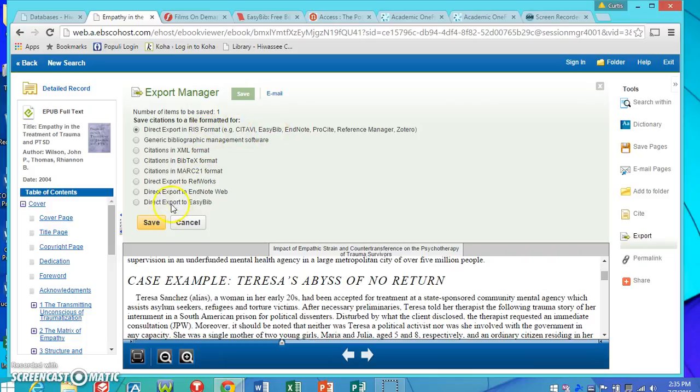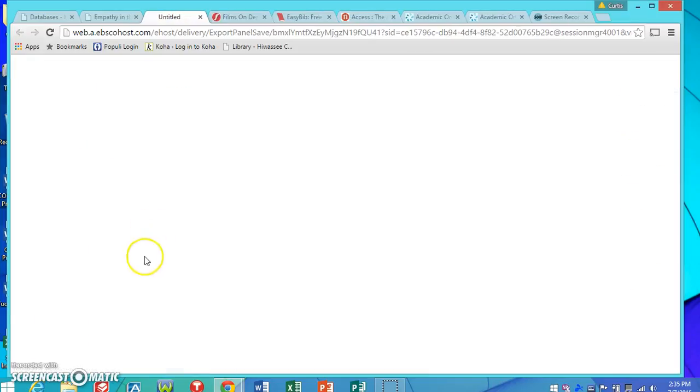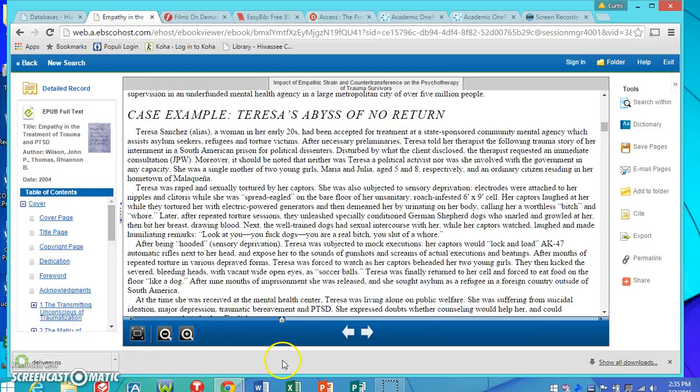EasyBib will work on that? No, you've got to save it as a file. You've got to download it. Let the computer do a download, and look at the name of the file that it's created in your downloads. It's created a file called delivery.ris. Remember that name, so that when you go over to EasyBib